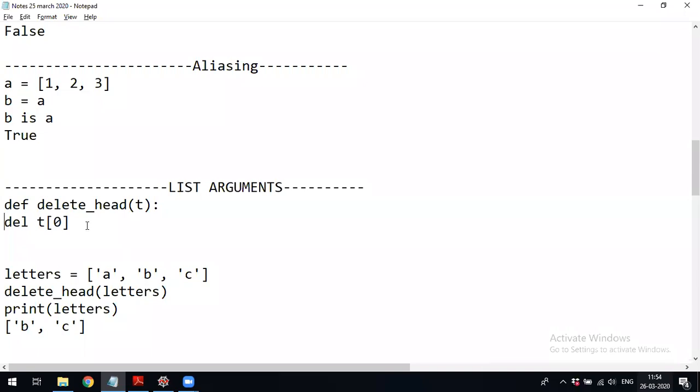You can even pass the list as an argument to the function. This is a function to which we are going to pass the argument called t.